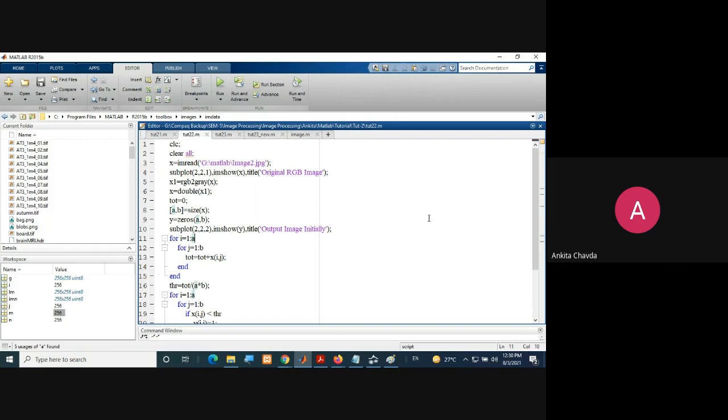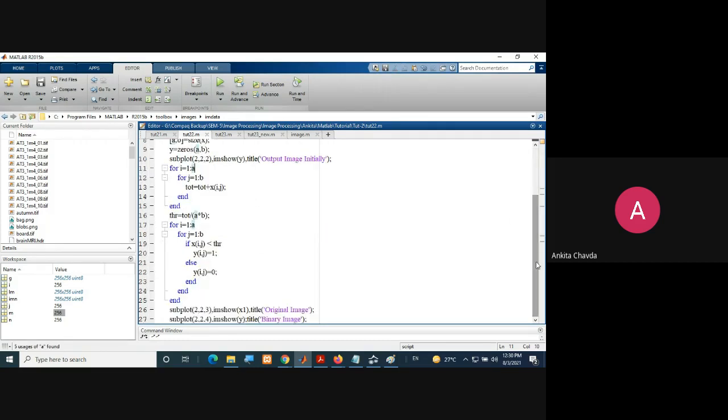Then we have to do the summation of the intensities. So I'm taking a for loop, one for rows, one for columns, and here I'm doing total equals total plus x of ij. We will start with the very first row, very first column, and then we will add all the intensities, right? Finally, I'll have the summation of all those intensities here.